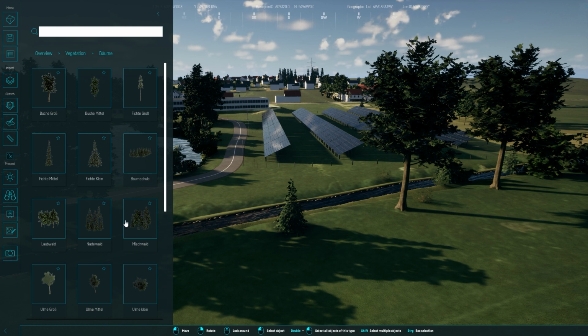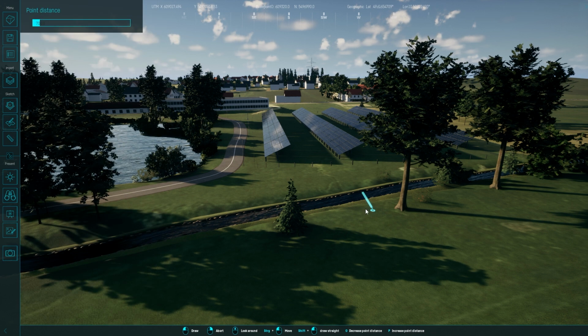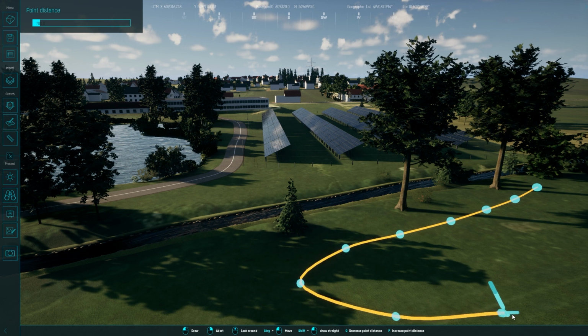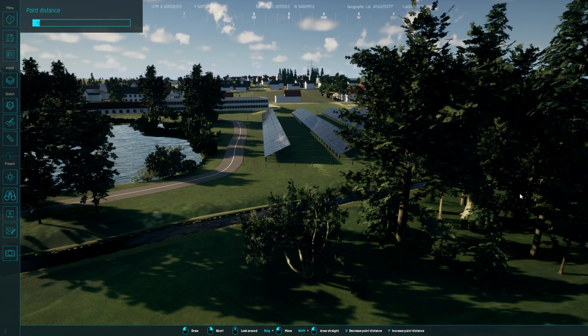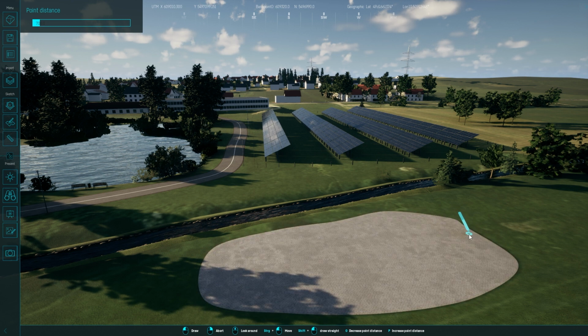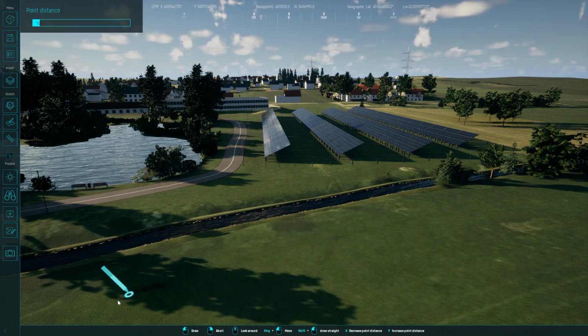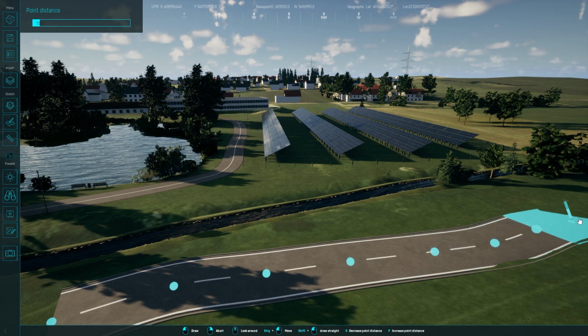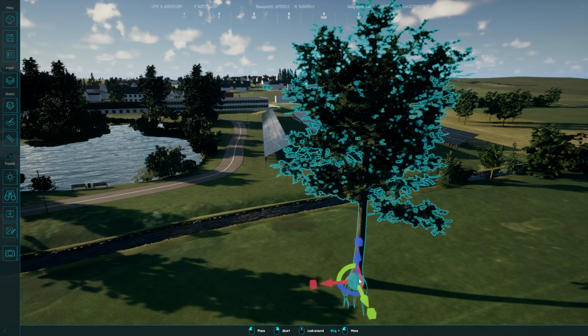Now, let's select a forest. This time, you have a pen for drawing a spline. The forest generates within that. As you can see, you never have to think about what kind of tool to use, be it splines, areas, surfaces, or placing objects. Our object library is tool agnostic and will always select what you need based on the object you want to use.